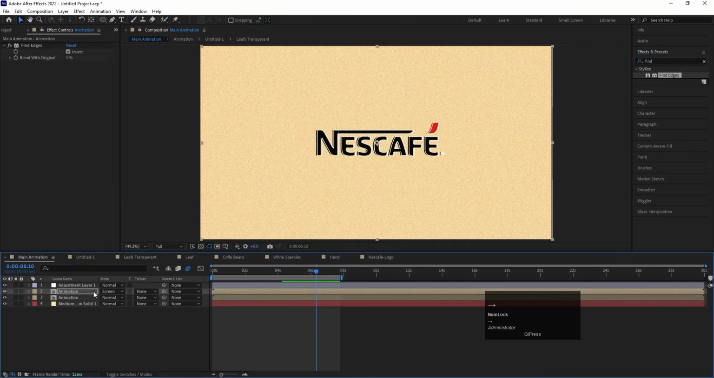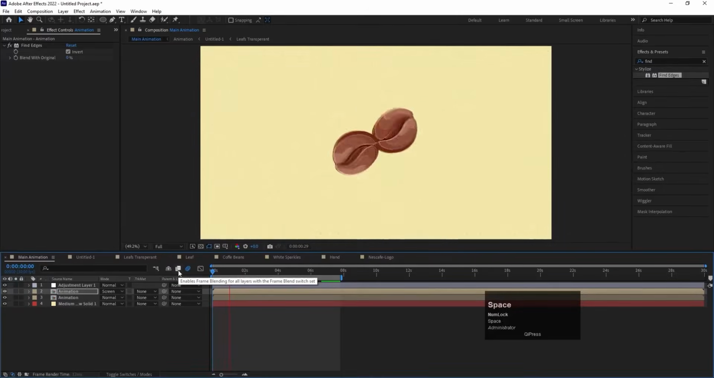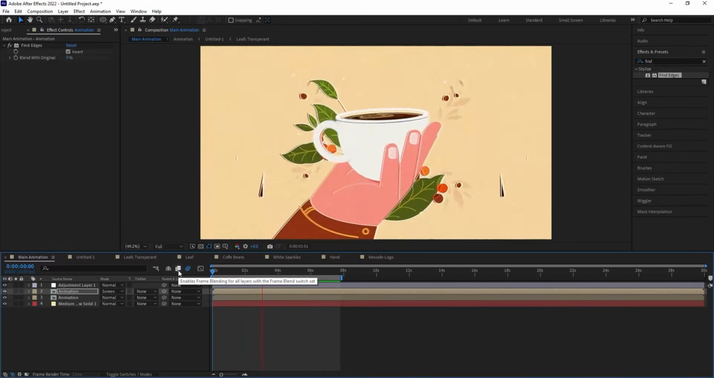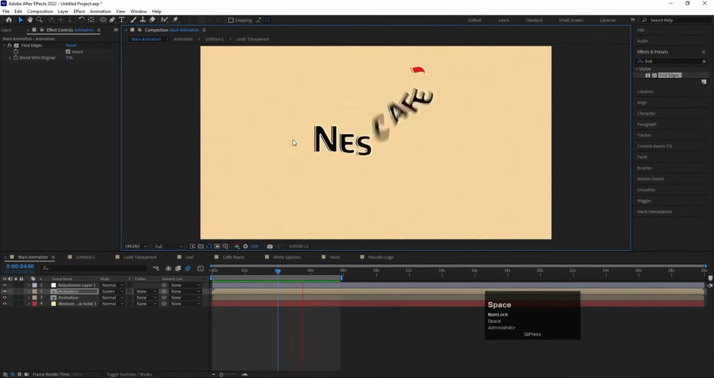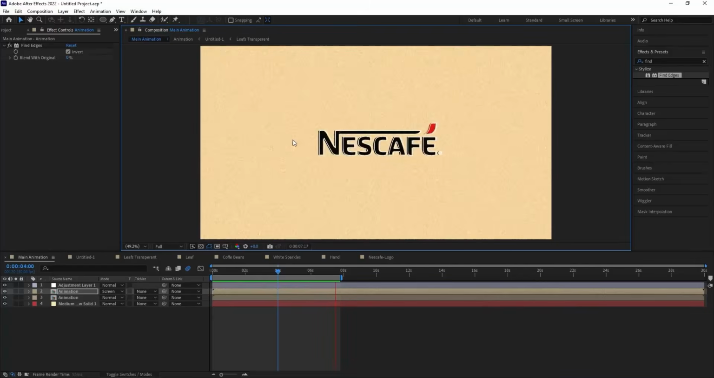Okay, so I'm gonna go with this look. If you want, you can play around with different stuff as well like that. Okay, so this is how you can create this kind of logo reveal and